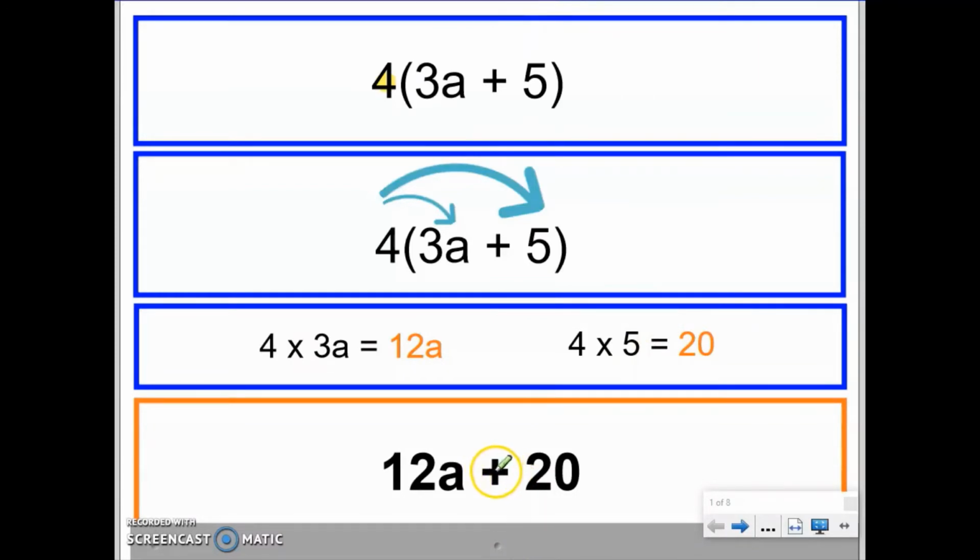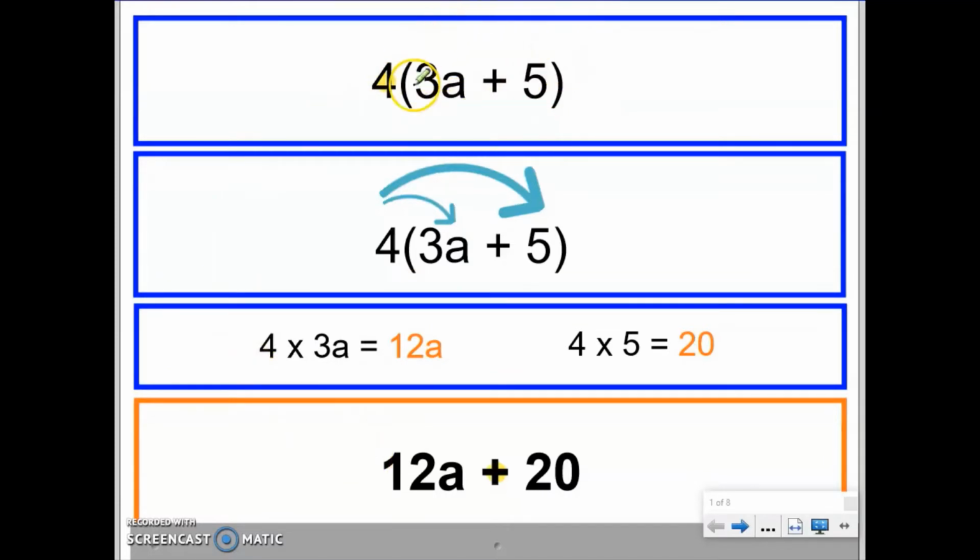The reason this is a plus, a positive, is because this number here, 20, is a positive. In later examples, you'll see that sometimes we can end up with a negative in the middle if this term here is negative. So what we've done there is we've taken an expression which included brackets and wrote it in